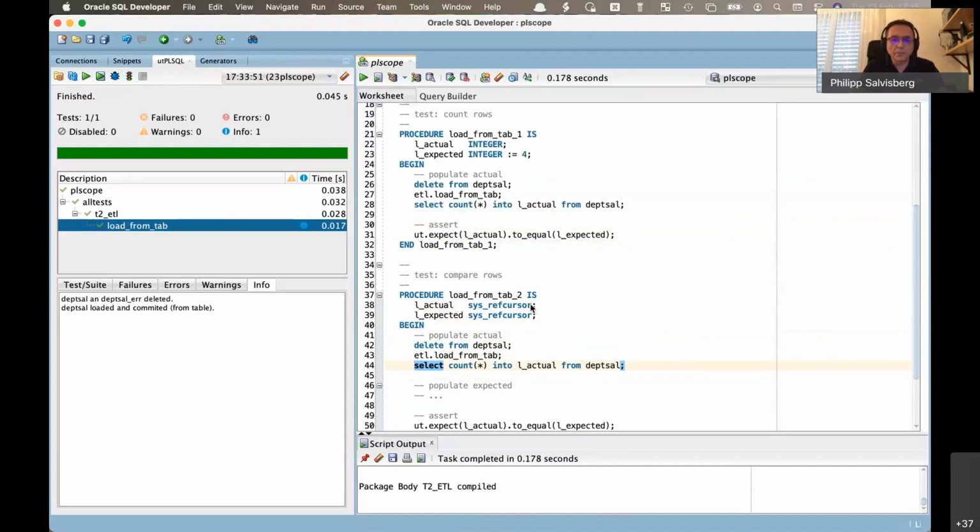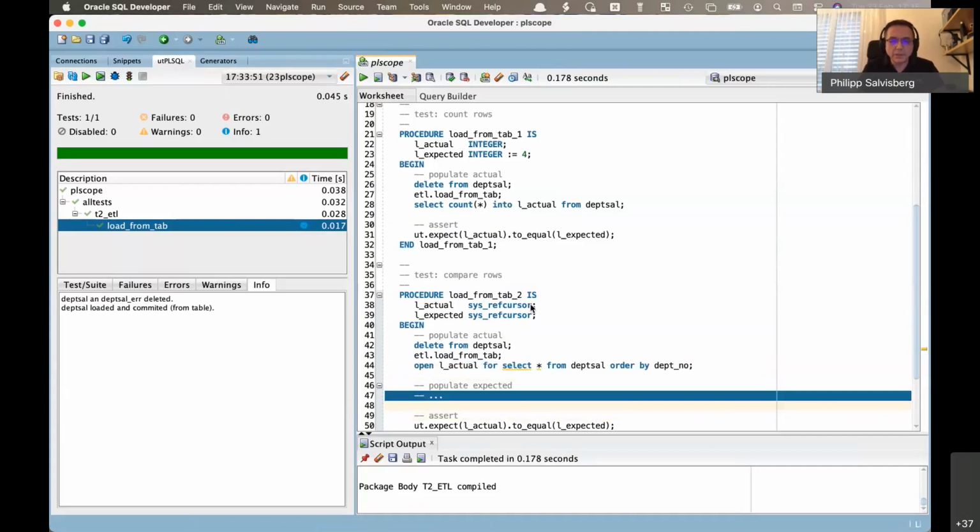So I open actual for select not count. It's basically all columns, that's right. And let me add here an order by clause. Depth no, it's here with an underscore, that should work. And for the expected value, it's quite similar. I want the ref cursor for the expected value,